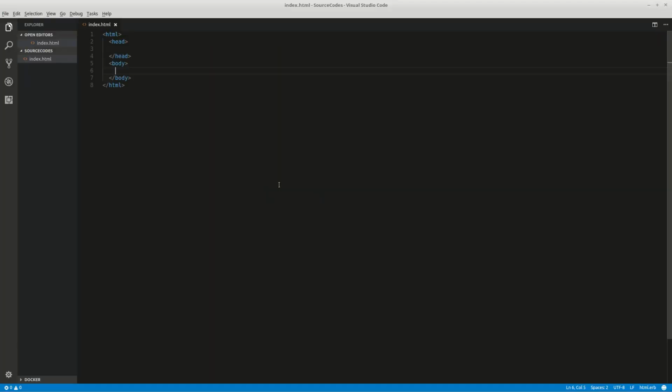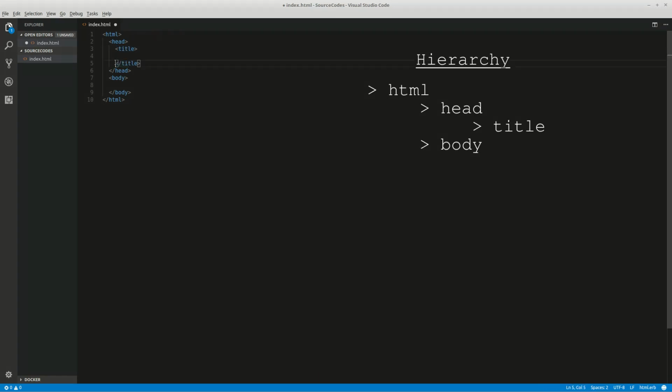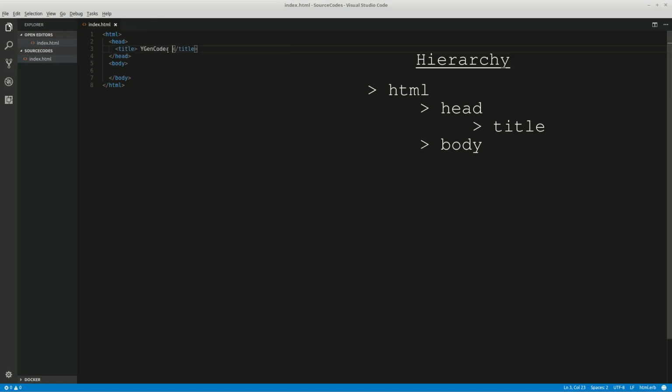So I will go back and in the head I will say title, click enter. You will see the title starting tag and title end tag, but you can actually keep them on the same line. It doesn't matter. So I will say ygen coda, and I will save the file, Ctrl S, and go back, and if I refresh now, you can see that the title has been changed. So in the head section, you actually change the title. Also in the head section, you will do a lot of things which we will not be watching in this course, but this is just to